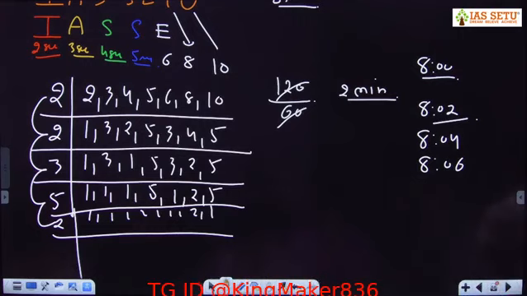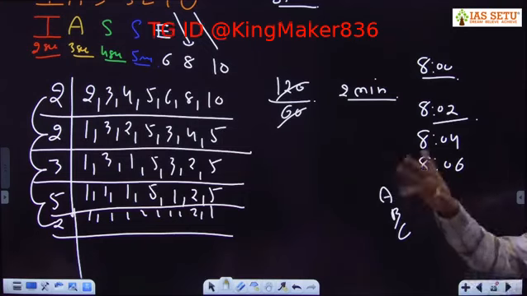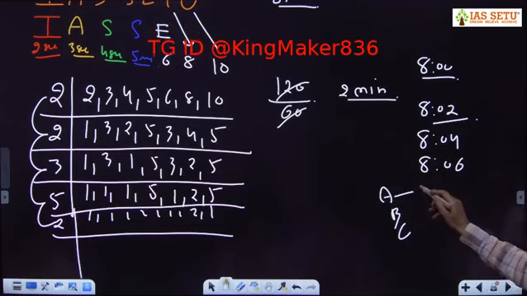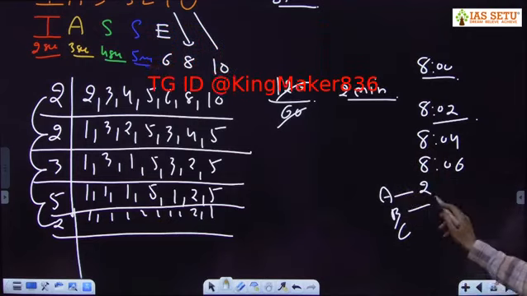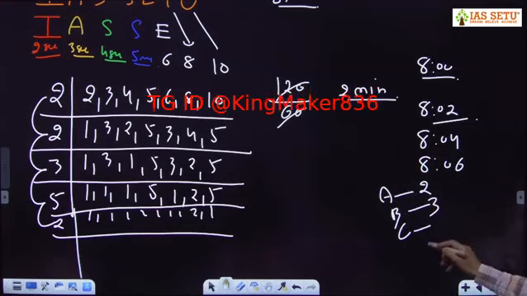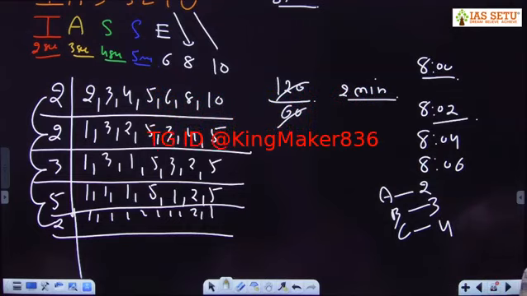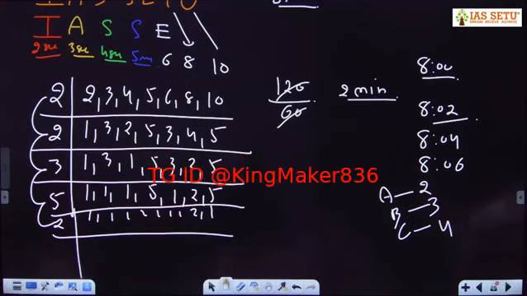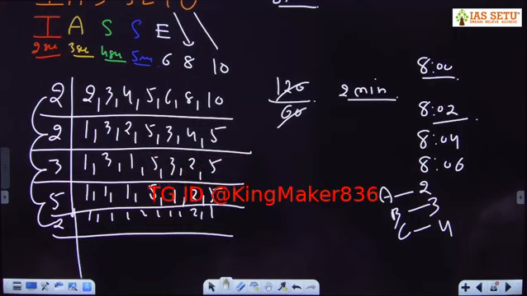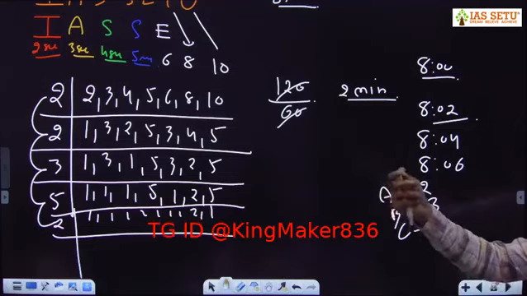Bell concept, or it can be like a shooter. There are 3 shooters A, B, C. They hit the target. A hits the target at an interval of 2 seconds. B hits the target at an interval of 3 seconds. C hits the target at an interval of 4 seconds. So it can be asked after how many seconds, or at what time, all these 3 will hit together. LCM. Okay. Or like archery, there are 3 archers, they hit the target at an interval of 10, 12 and